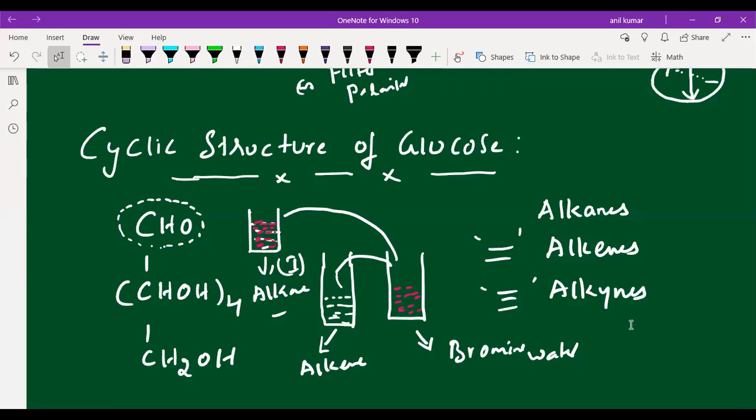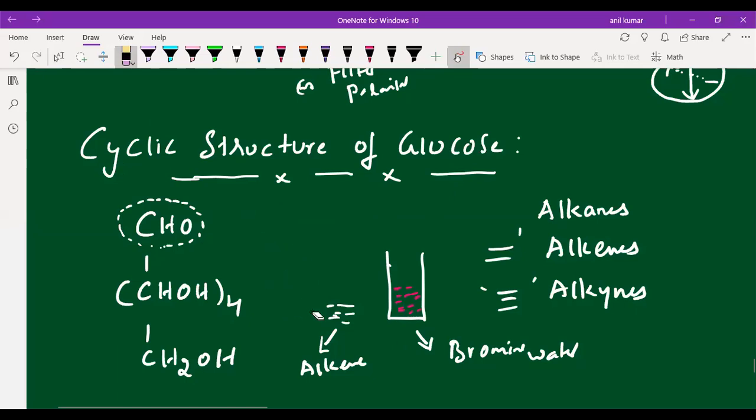Like that, aldehyde is also having characteristic functional group tests. It is having Tollens' test, Fehling's test, 2,4-DNP test, Schiff's test, and the sodium bisulfite test. I will explain these tests one by one, because these reactions you didn't have in the previous chapters. That's why I will discuss those reactions once again, so that you can understand in an easy manner. Next, let us discuss those reactions.